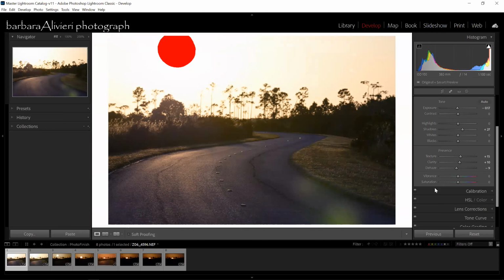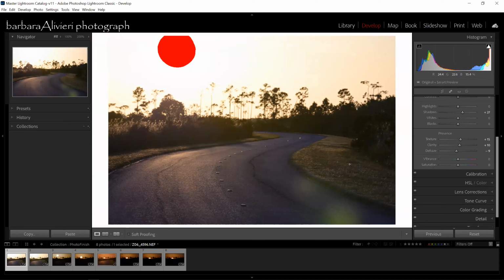I'm not going to touch the vibrance, none of this stuff. I'm just going to leave it because I just want to do this basic. You can do your processing however you like. If there are questions as to how to do this, we can address that in another meeting, but I want to just get the focus stacking out.